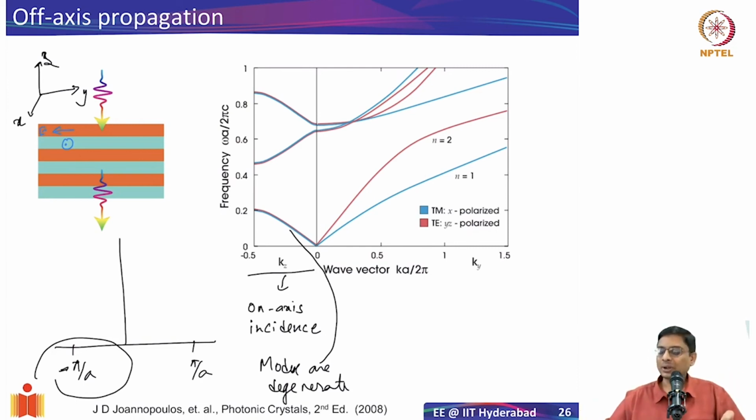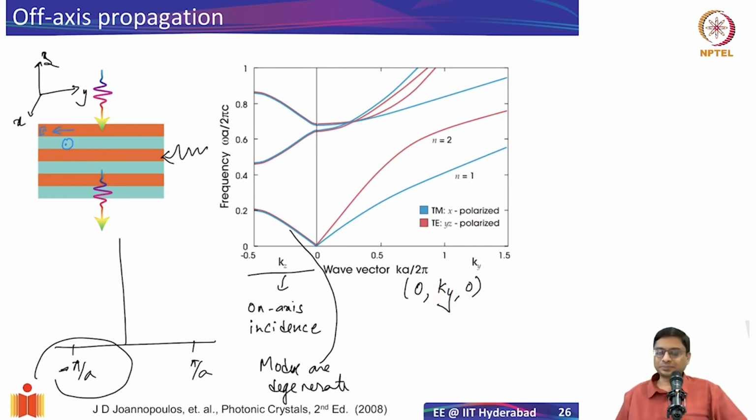What do you mean by off axis? Well, simply that I can have an electromagnetic wave incident from the left, in such a way that my wave vector is going to be some ky, confined to ky. So it's basically incident from the left. So this is my y axis, and along the y axis it's incident. So I have only a ky vector, and there are no x and z components. I can have such a scenario as well, and that is called off axis incidence.